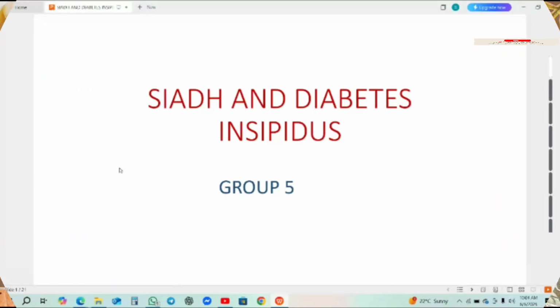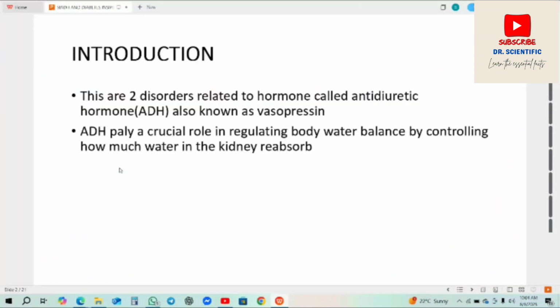So in our group 5, we were supposed to discuss SIADH and Diabetes Insipidus. SIADH in full is a syndrome of inappropriate ADH secretion. So these are the conditions. Okay, I'm going to give a brief